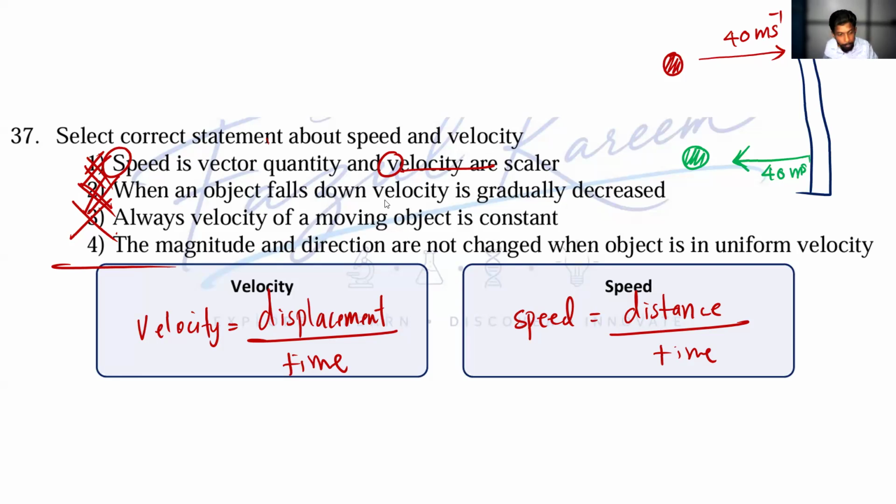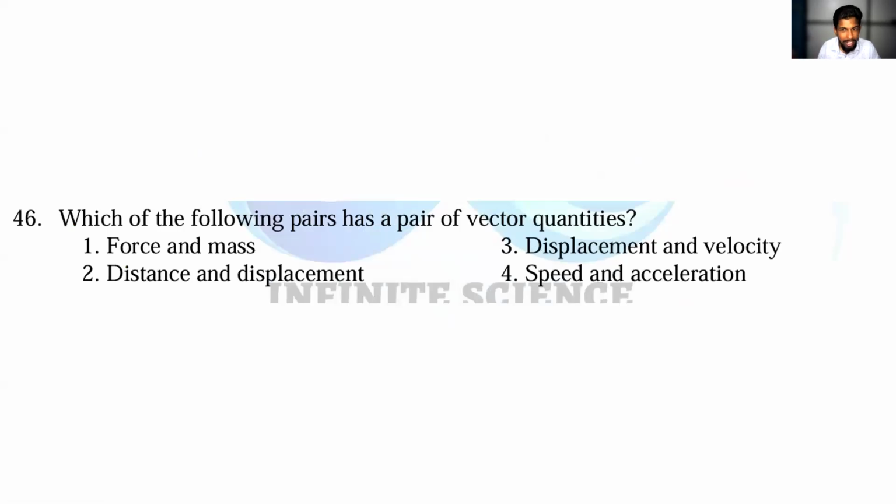Very good. Okay. Now we'll move to question number 46. Easy answer. Which of the following pairs has a pair of vector quantities? They're asking for vectors. Simple. Anyone? That one, the third one. Akif, very good. And Atik, very good. Swastika, very good. And Zubair Ahmed, Minha, Huda, Heshma, Dinushan and Hafsha Al-Kurish, very good.